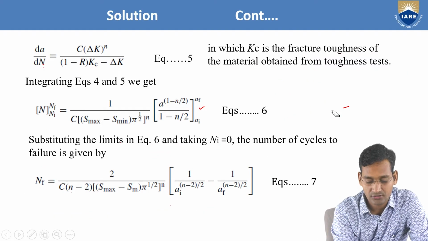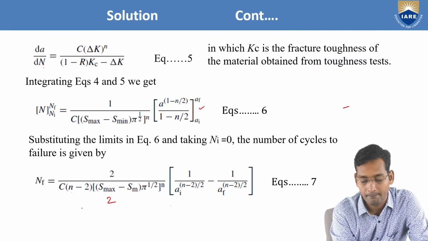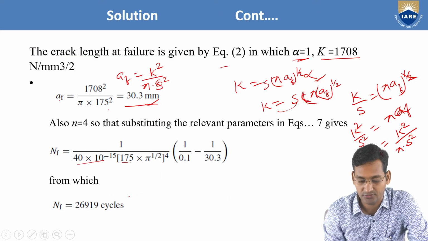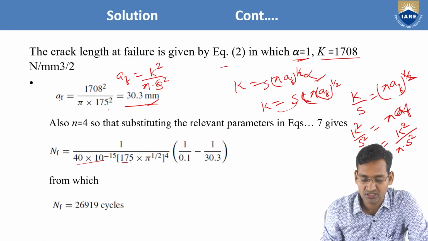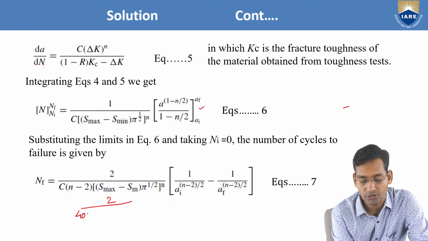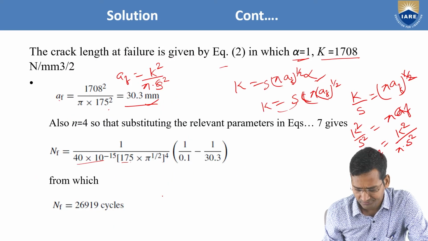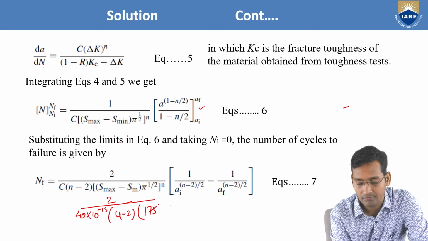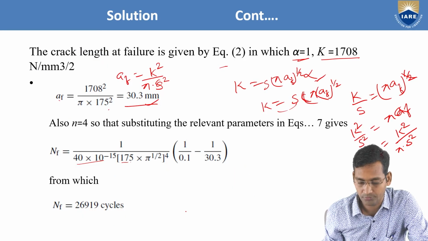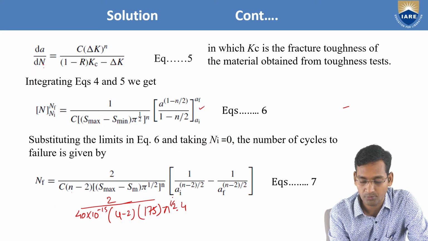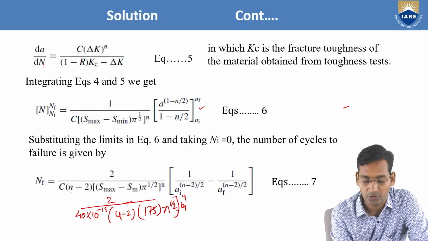Now just put the values here: 2 and C. This C is 40 into 10 to the power minus 15, and 4 minus 2, as S max minus S min is given as 175. And then pi power 1 by 2 into 4,